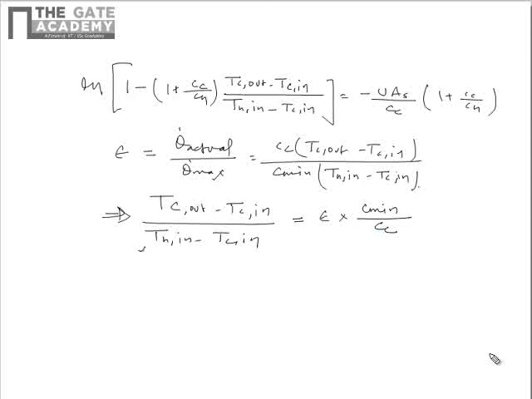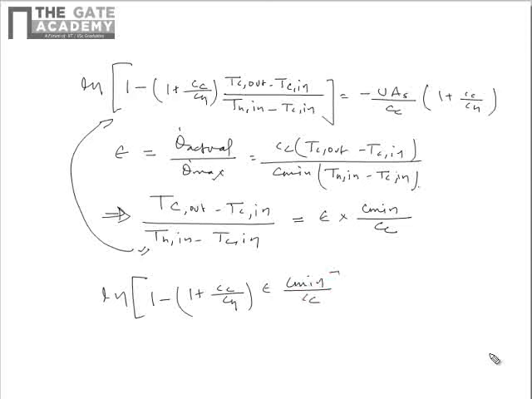Substituting this value in this equation, we will get ln of 1 minus (1 plus Cc upon Ch) epsilon C minimum upon Cc is equal to minus UAs upon Cc (1